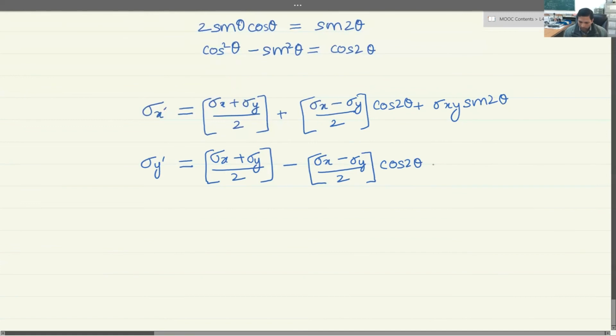And over here, we will have again a minus sign. So this gives us sigma y prime, and sigma y prime is equal to